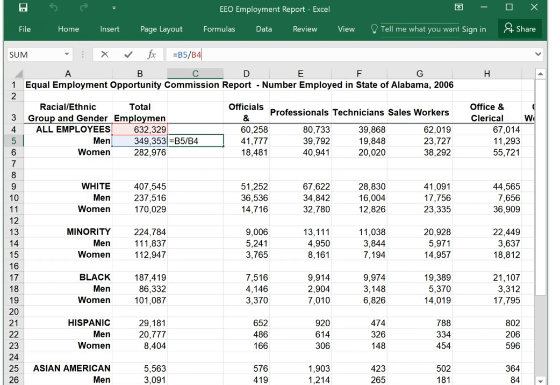but when I copy this formula down to the next row, I still want the number of females divided by the total number of employees. What I want is for the number of males or females to change, but I don't want this B4, the total employees, I want that value not to change. And so the way I can do that is I can lock it in with its